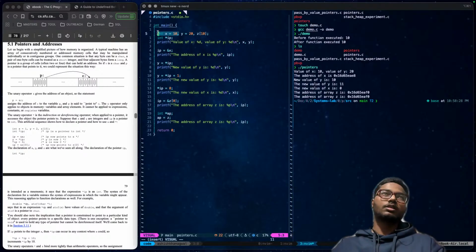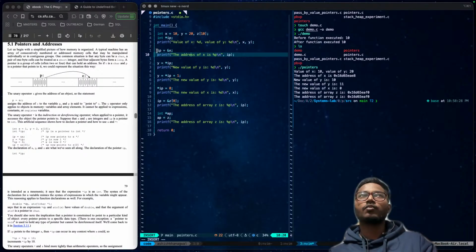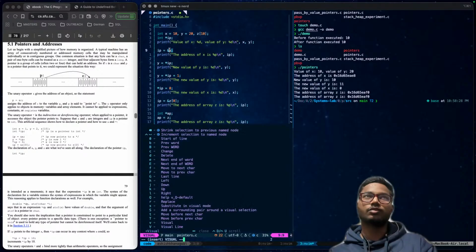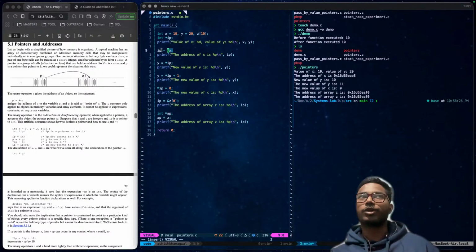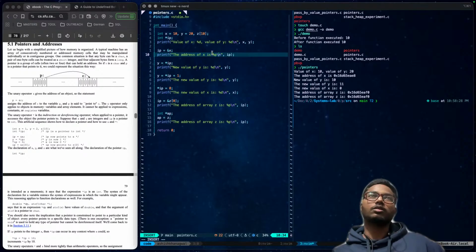See, this x has a value 10, right? And this ip is the pointer, okay? We have assigned the address of this variable to our pointer ip, okay? Now, what will this give you?